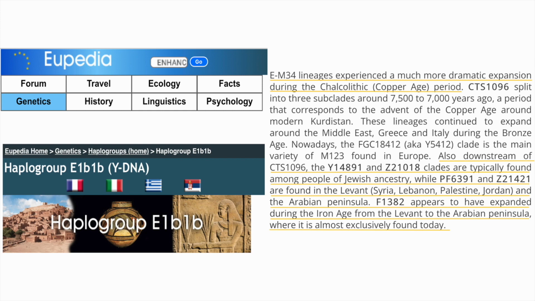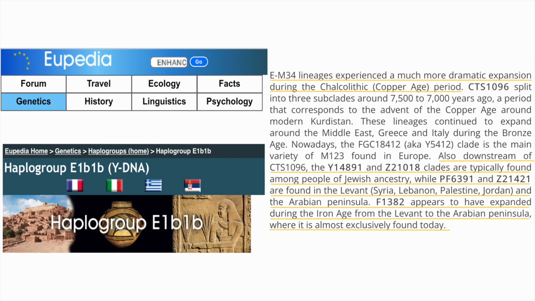Also, downstream of CTS1096 and Y14891 and Z21018, clades are typically found among people of Jewish ancestry, while PF6391 and Z21421 are found in the Levant, Syria, Lebanon, Palestine, Jordan, and the Arabian Peninsula. F1382 appears to have expanded during the Iron Age from the Levant to the Arabian Peninsula, where it is almost